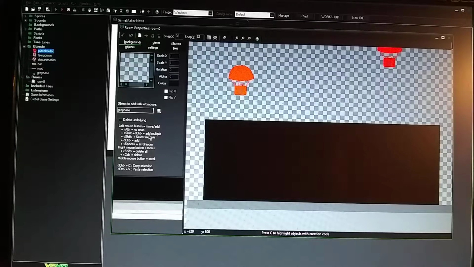Alright, today we're talking about how to animate objects using placeholders, alarms, images. Alright, let's start here. First, we're going to talk about